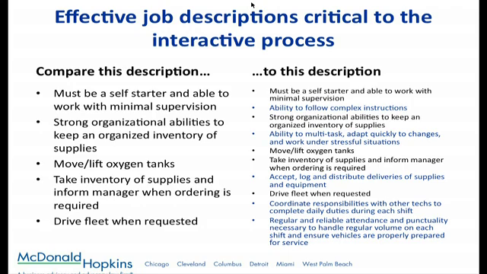How do we know what the essential functions of the job are unless we have a good job description? So I thought we would show you 2 different job descriptions. And this is an example of something that we just modified. You can see the one had some essential functions, but it missed a whole lot of things that are really important to how the employee gets the job done.